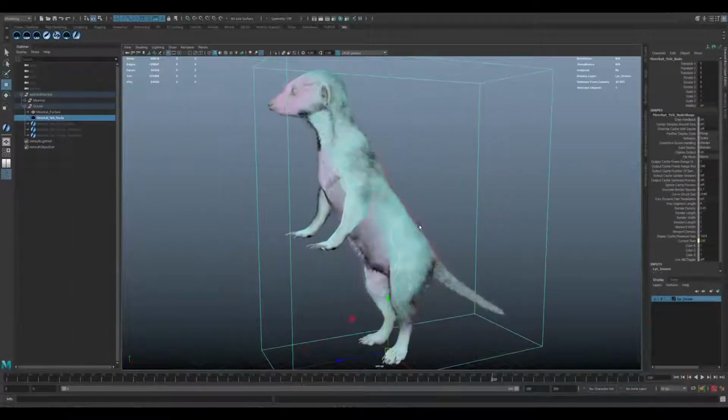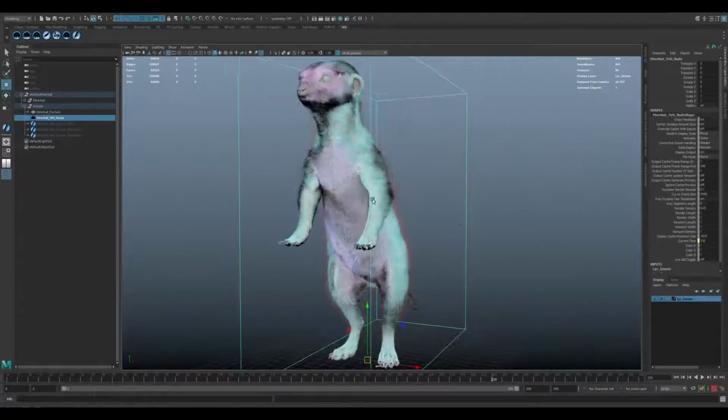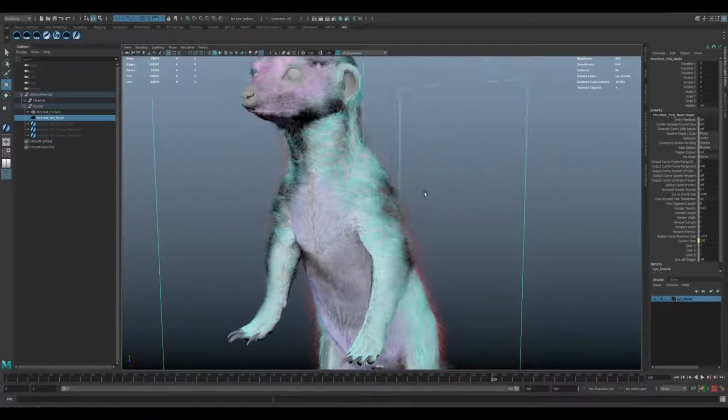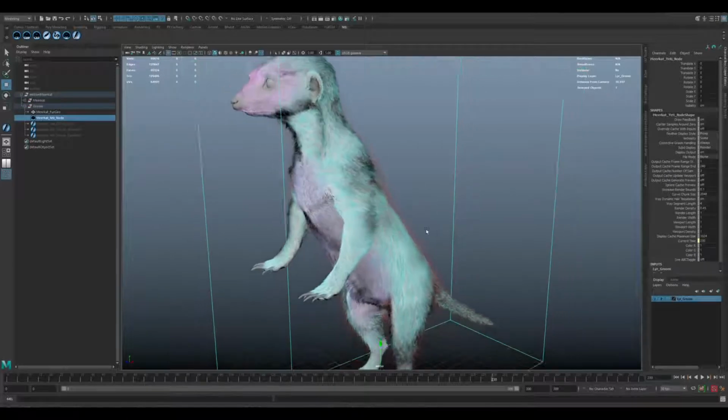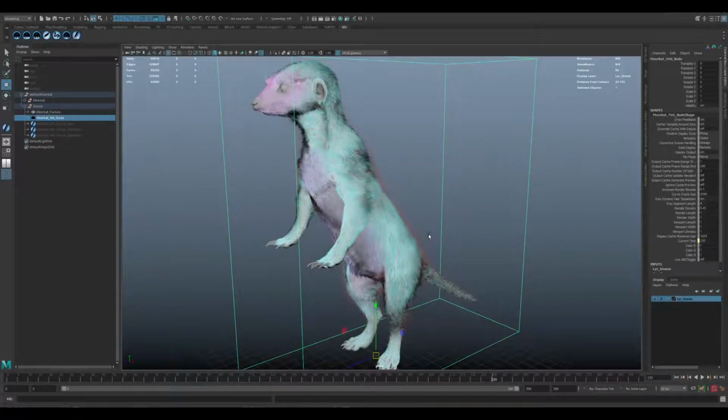The other thing that you would have noticed is that I've got different colours on certain parts of her fur. This has been set up in a way that we have different group IDs for each of the different fur sets. There's a couple of different benefits to that. So if I show you the graph,